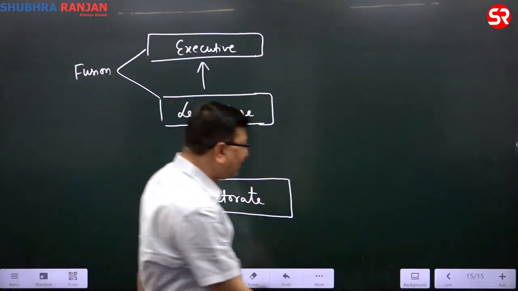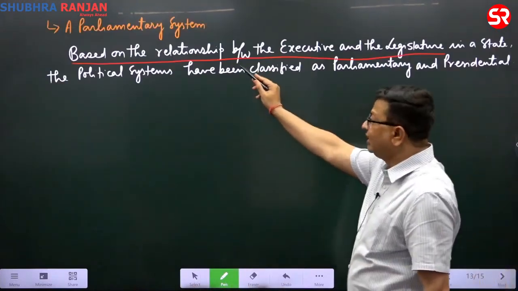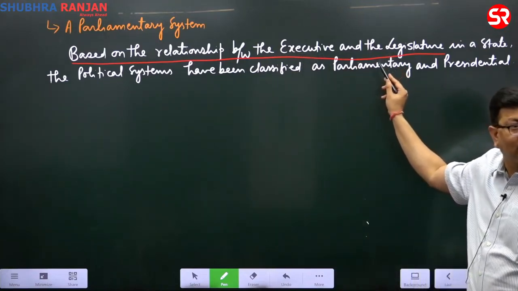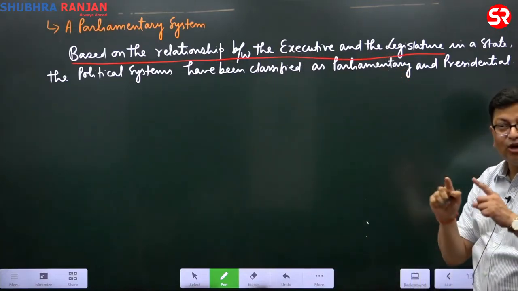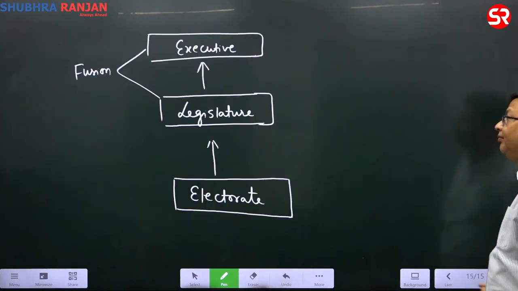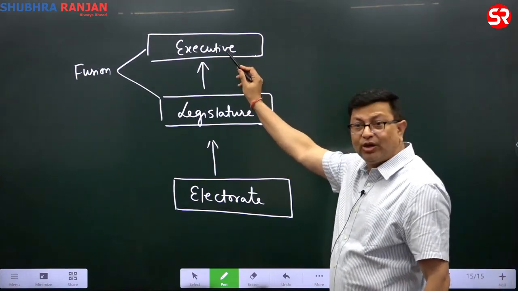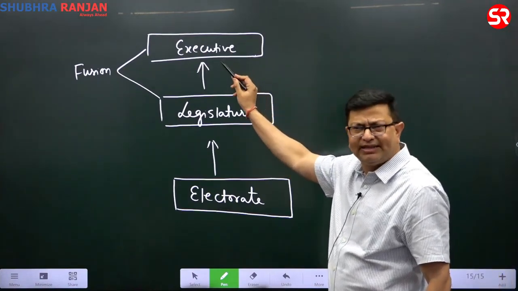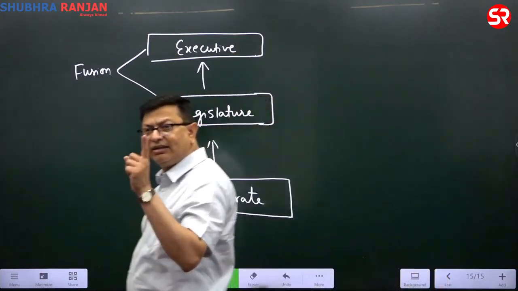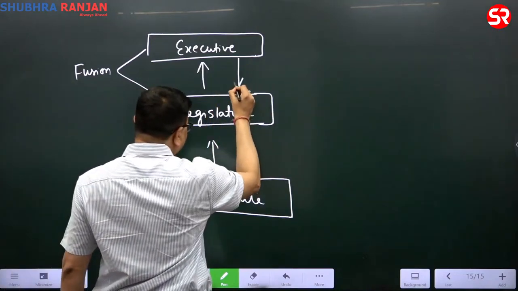That is what we had written here. Based on the relationship between the executive and the legislature, we have got parliamentary and presidential systems. So there is a fusion. A member of the executive, that is, we are talking about the political executive, the ministers must be the members of the legislature. And the third point we had written, the executive is